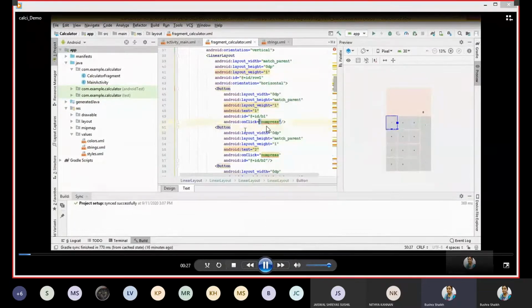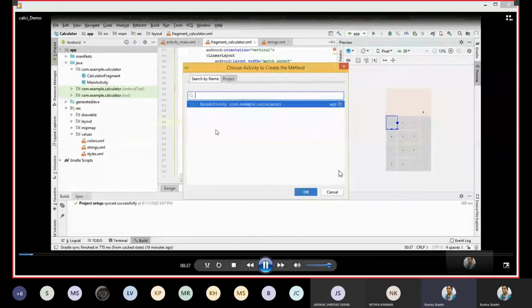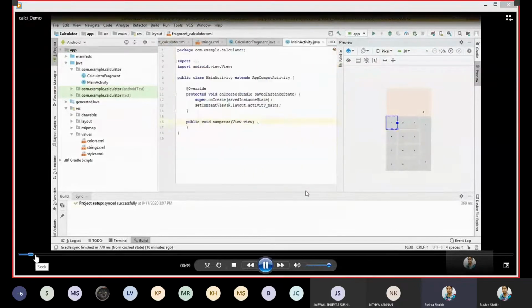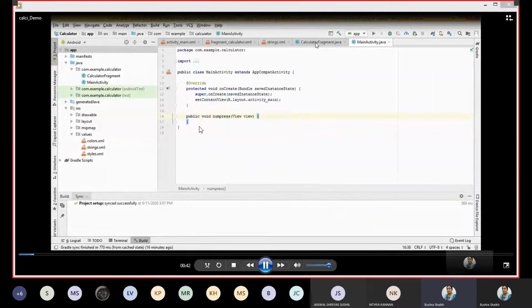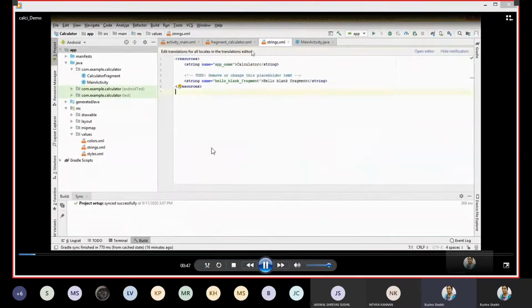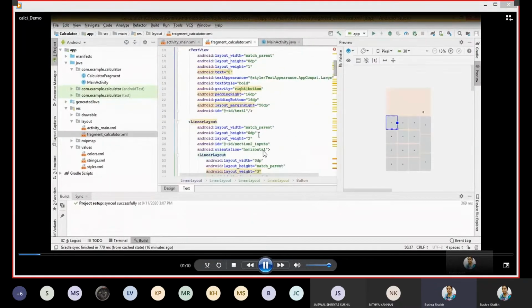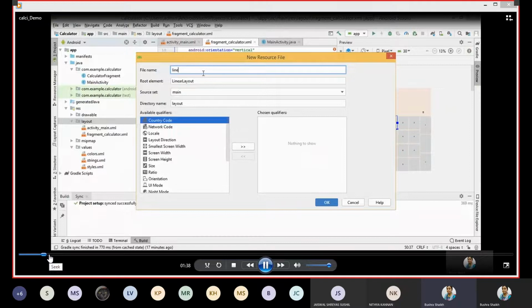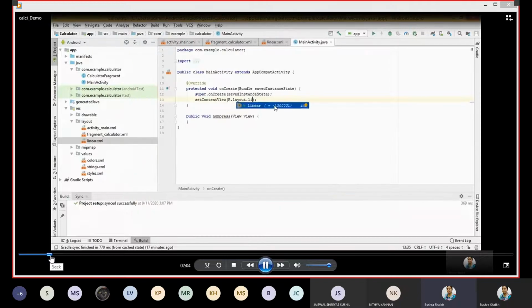For the action button section, we had used other methods like update operand and update operations, and for equal to we had used calculate. So this part basically shows you step by step how we added the function name inside the XML file, and correspondingly you get its prototype created inside your Java file. This much I have already shown you in the previous session.